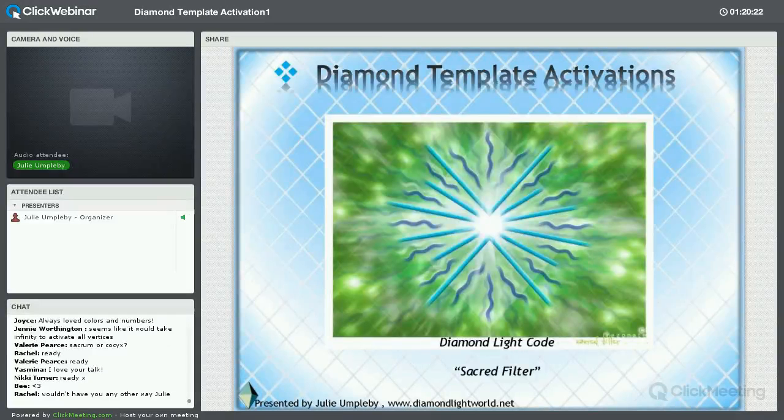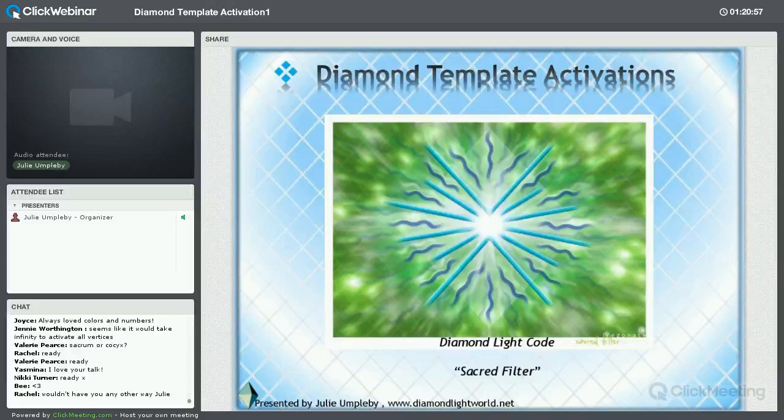So, what I would like you to do, bless you, Rachel, thank you, is to just spend a few moments focusing on the code on the screen, because the colors and the form will be taken in through the optic nerves as you allow the light to enter your system through your eyes. So just soften your eyes